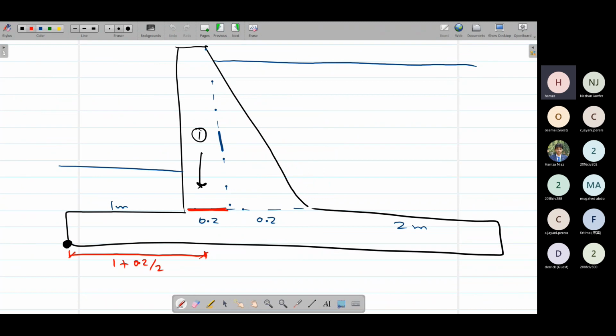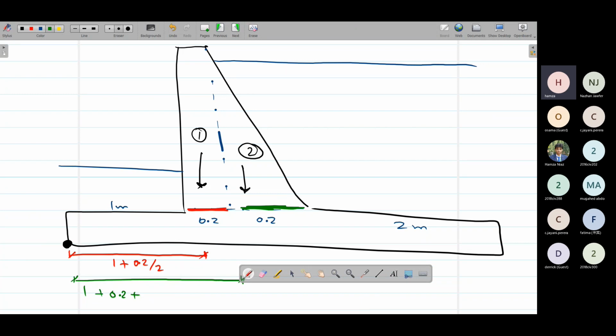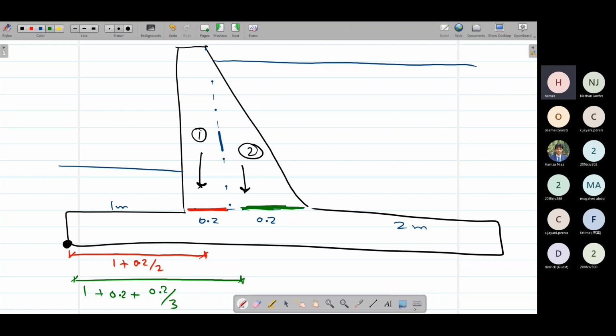The second portion is this triangular portion. So what would be its moment arm? Its moment arm would be like this. It would be 1 meter plus 0.2 meters of main stem plus one third of this green portion, because it's a triangle, so its centroid will be lying at one third. So that would be 0.2 over 3. This way we can calculate the moment arm of this second